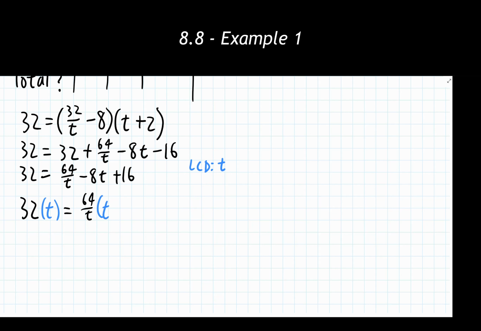Again, when you're doing this, I'd recommend actually showing all of the steps. Actually showing that each individual term is being multiplied by t. The main advantage to this is we're going to have the t's cancel here, and everything else is going to multiply out normally. But I think it makes it clear what's canceling out and how every single thing is changing.